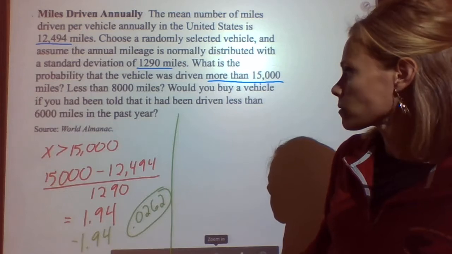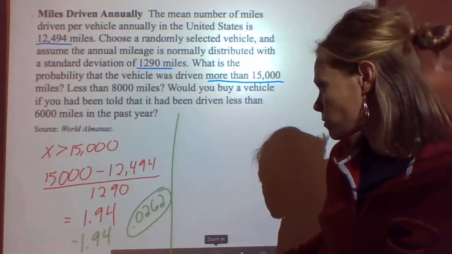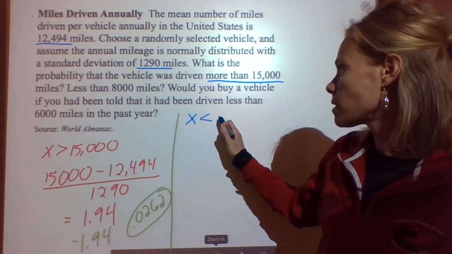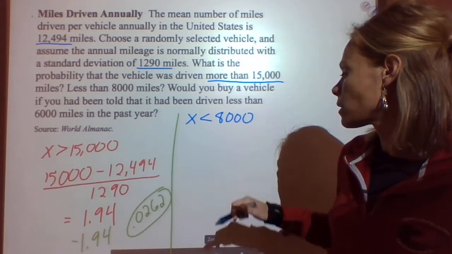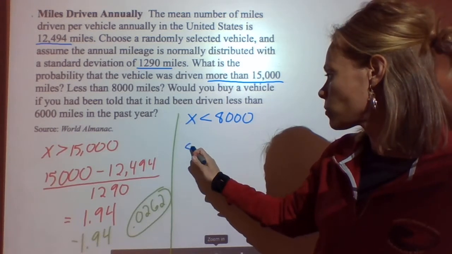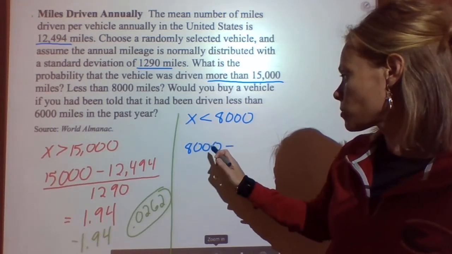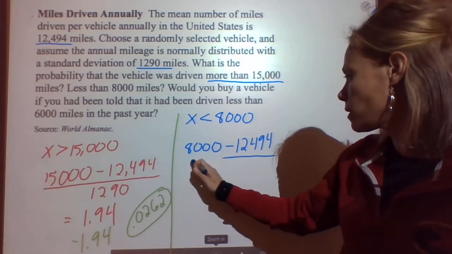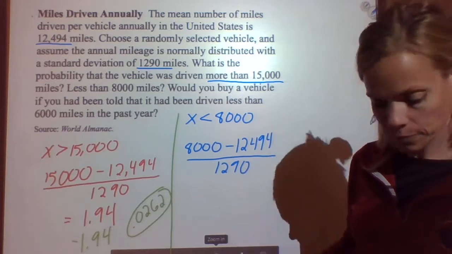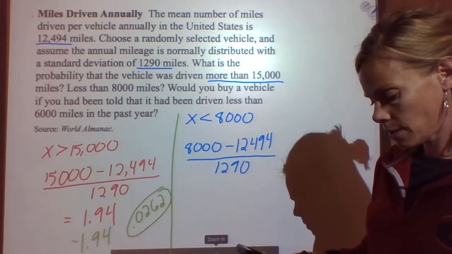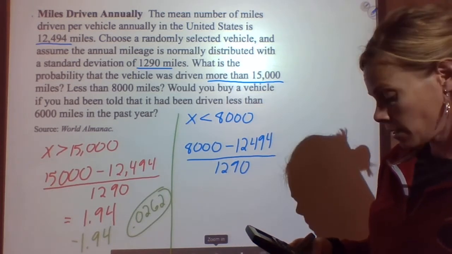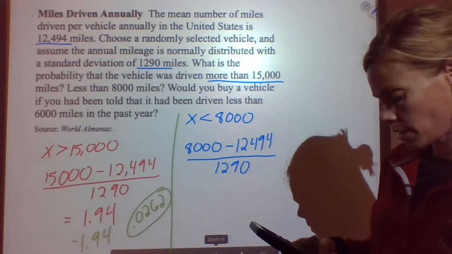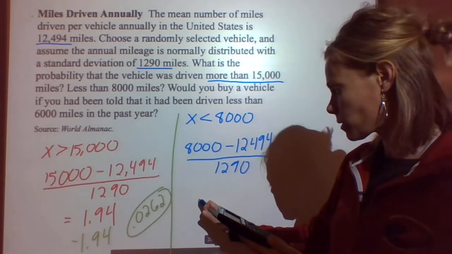Okay, let's try the next one. Less than 8,000 miles. So I want someone who drove less than 8,000 miles. Okay, so let's convert that into a z-score. So here's my raw score minus the mean divided by standard deviation. So 8,000 minus 12,494 divided by 1,290 equals negative